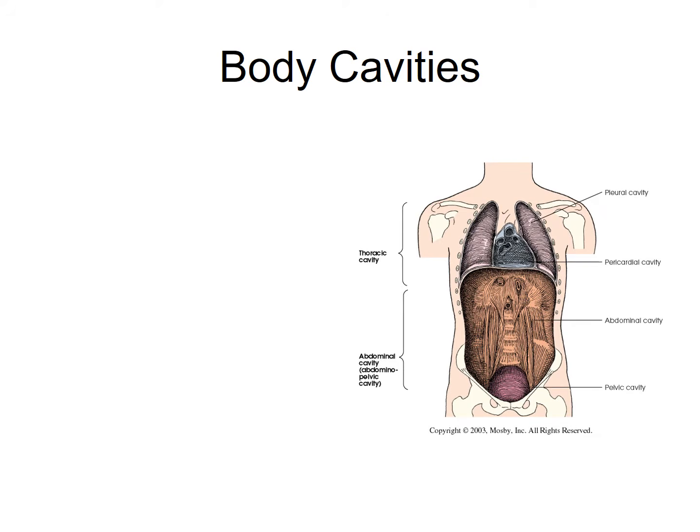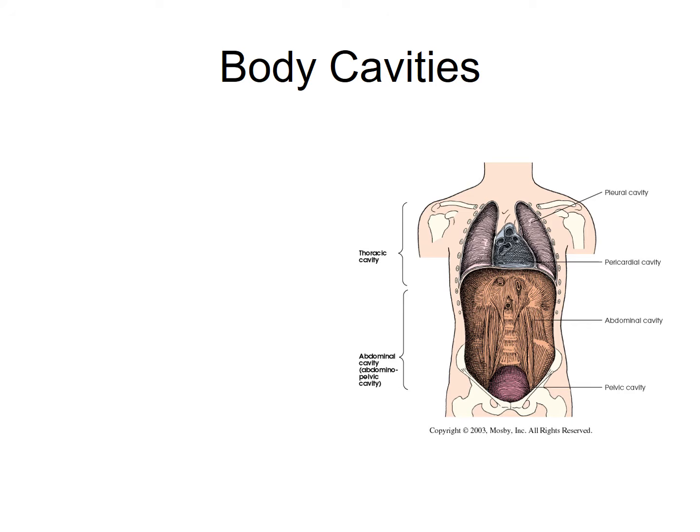Talk a little bit about body cavities. Okay, you can see that there are two main body cavities, and these are in the torso region. We've got the thoracic cavity, and the thoracic cavity is where the patient's lungs and their heart are going to be. And then we've got the abdominal cavity, which is going to be all of the organs of the digestive system, the reproductive system in the female, the urinary system, the kidneys, the ureters, the bladder, okay, all in the